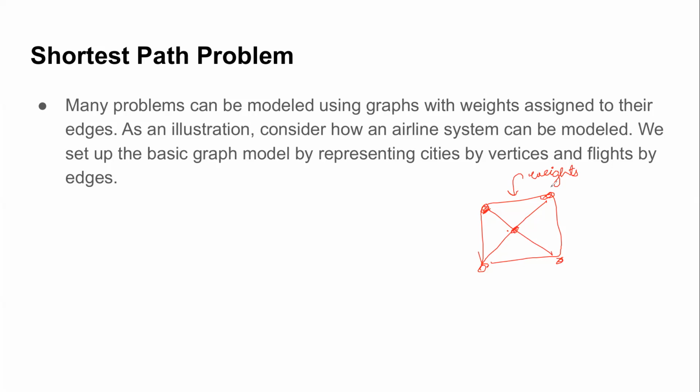Suppose I want to make a network of an airline system. I can represent the vertices as the cities. Suppose this is Delhi, this is Srinagar, this is Mumbai, this is Chennai, this is Kolkata. If there is a direct flight between them, I put an edge, assuming that there's a direct flight between everyone in this graph. Now, if I have to check connectivity, is there a direct flight between Delhi and Mumbai? Can you answer with this graph? Here I have not put any weights. I've just shown cities as nodes and the direct flights between them as edges.